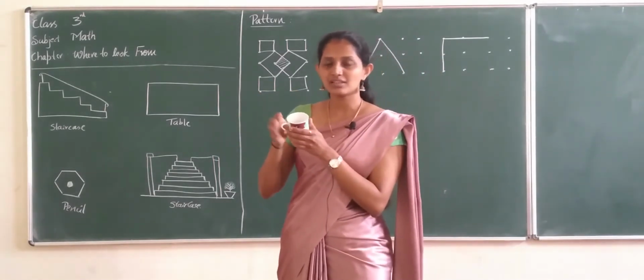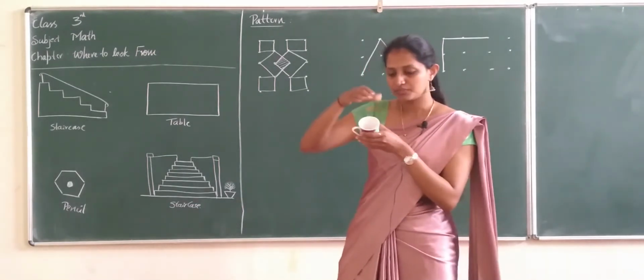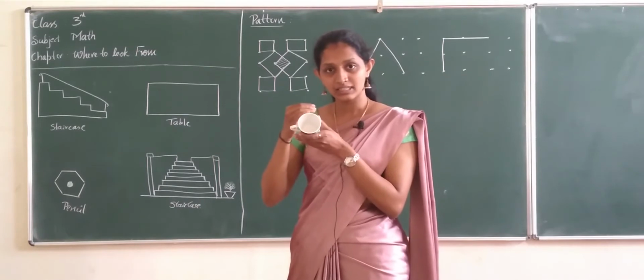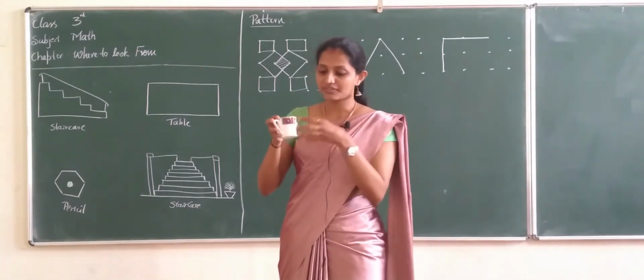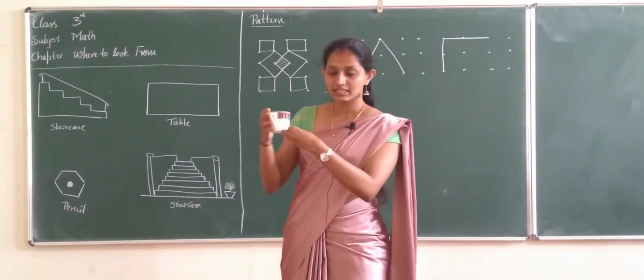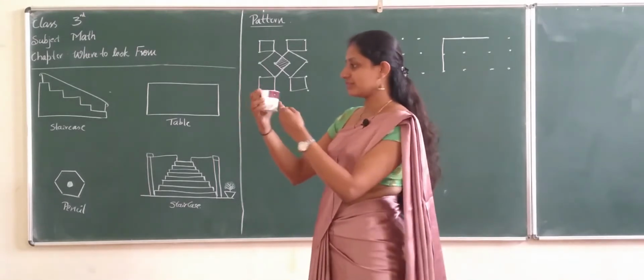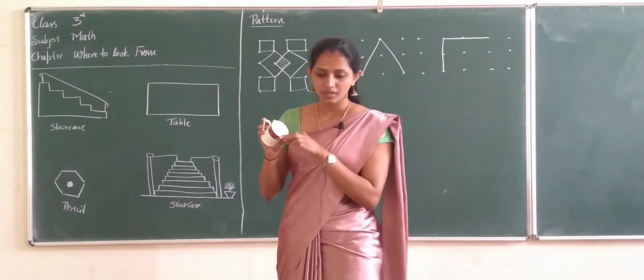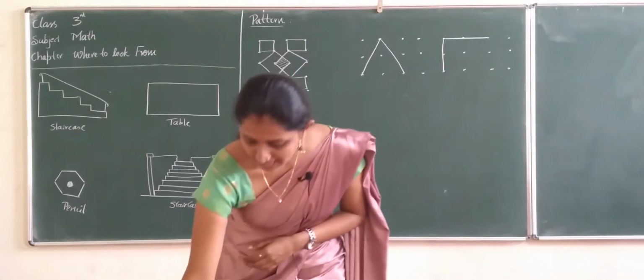Okay? You can see some from the side view, some from the top view, and from behind. Correct? Different views, like the front view. This one is a side view. This one is a top view. The top view is a circular shape. So here are some examples for that.